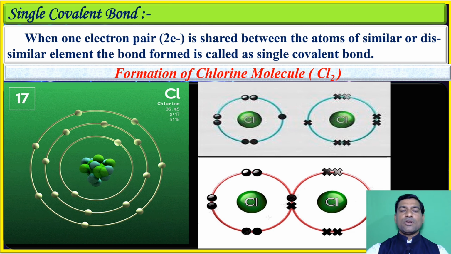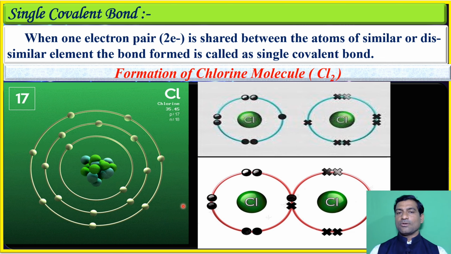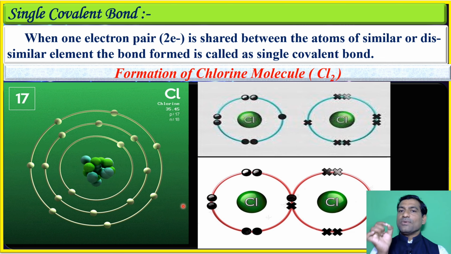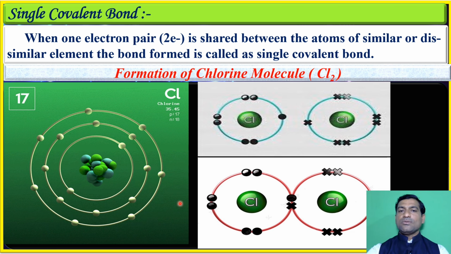The atomic number of chlorine is 17. First orbit contains 2 electrons, second orbit contains 8 electrons, and the last orbit has 7 electrons. Means the chlorine requires 1 electron to complete the outermost orbit. So the one chlorine has,